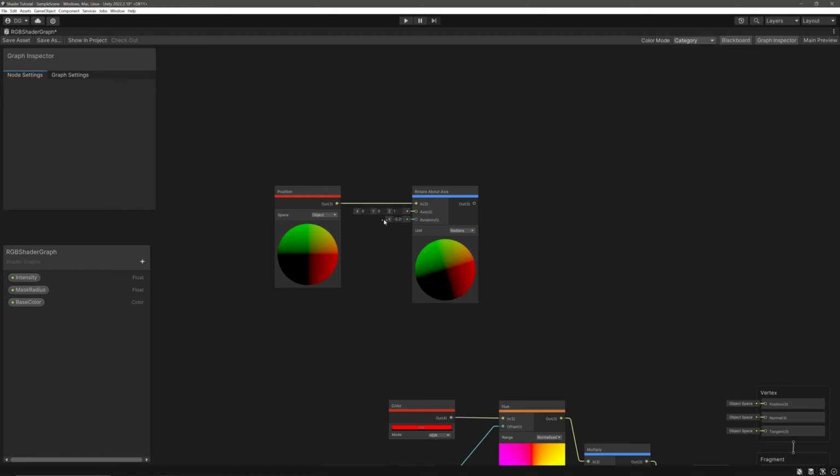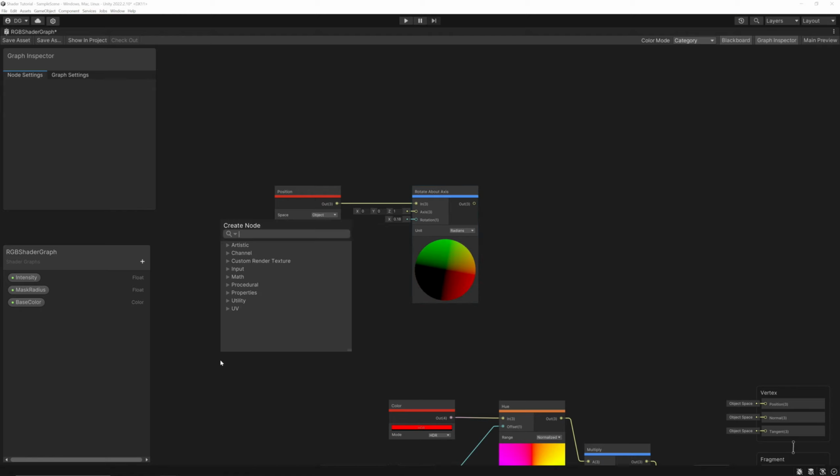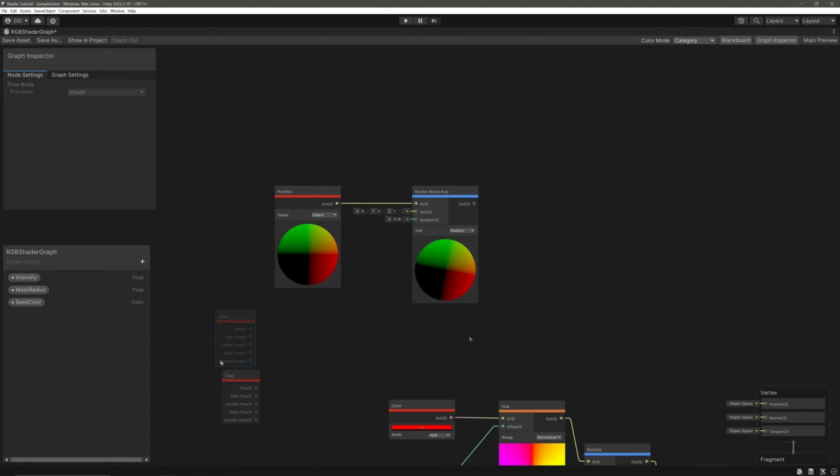Now we will rotate it over time, so let's create a Time node. We want to control the rotation speed from the inspector, so you guessed it, let's create another float property. Call it Speed with a default value of 1.